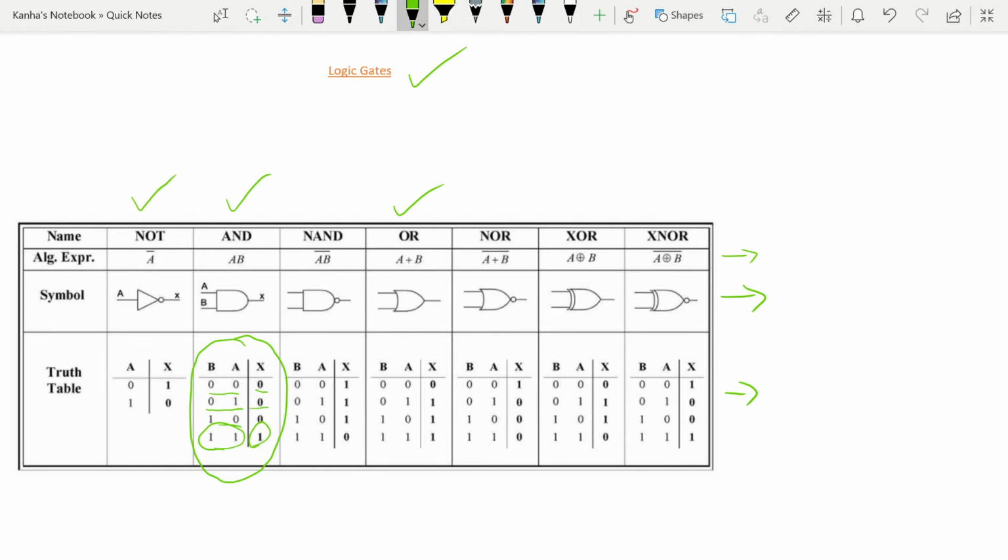Next is the NOT gate. The NOT gate is basically A bar, a bar on top of A. The output of the NOT gate attains the state 1 if and only if the input does not contain the state 1. So if the input is 0, we will get a 1. If the input is 1, we will get a 0.